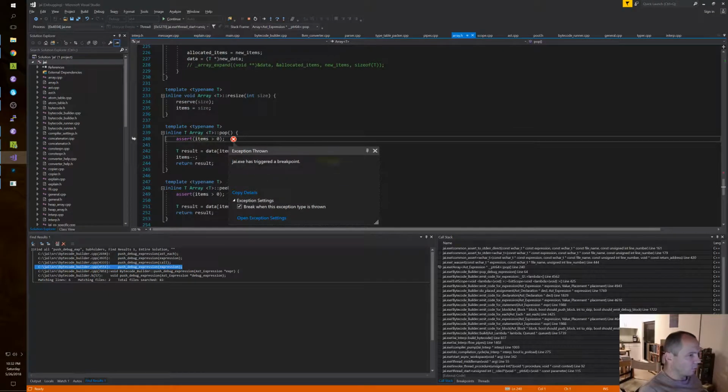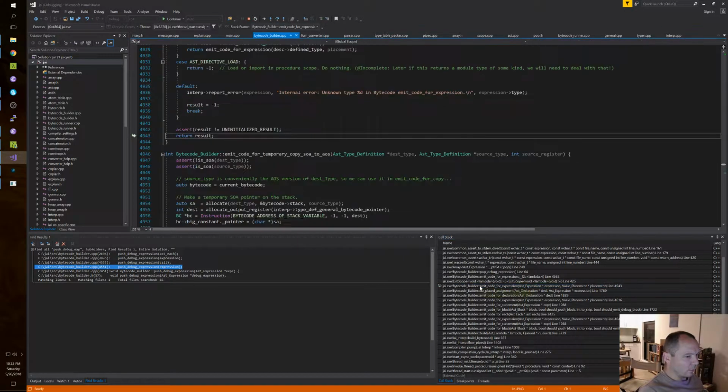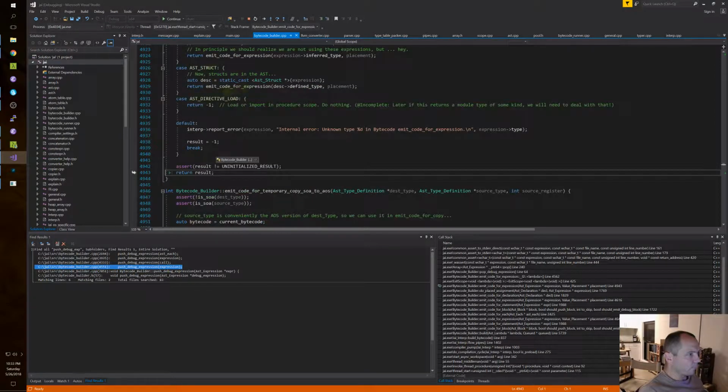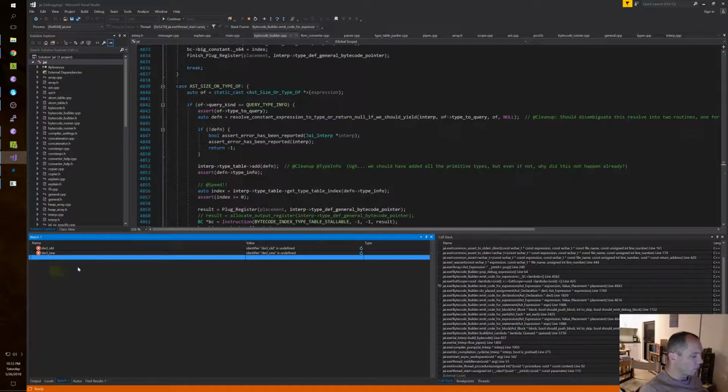So we popped without a push, or we popped too many times? We popped too many times? Asked operator expression. Oh, when we do binary.